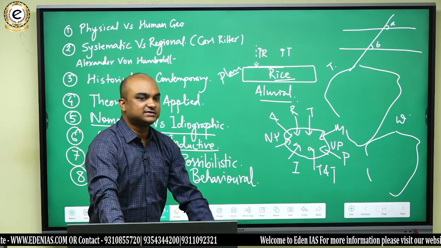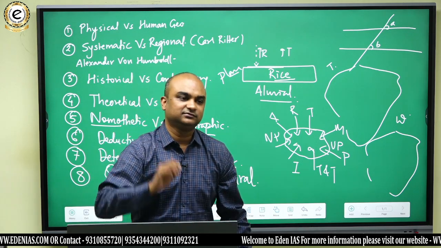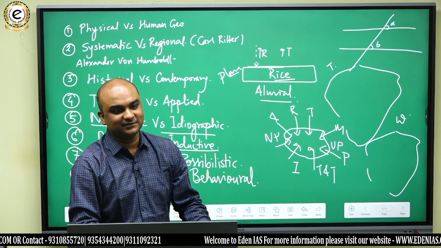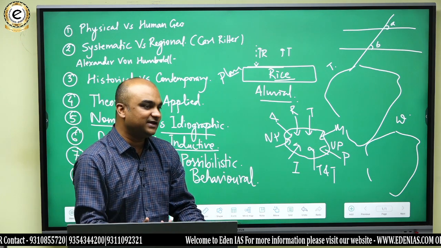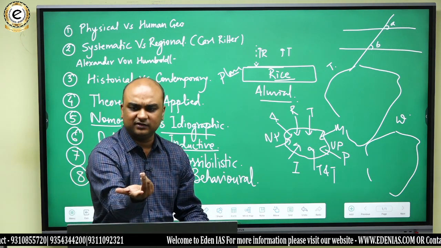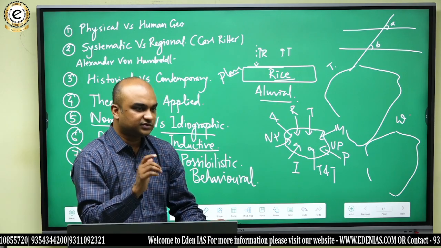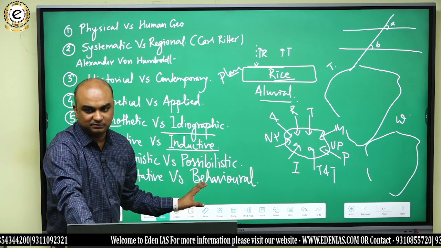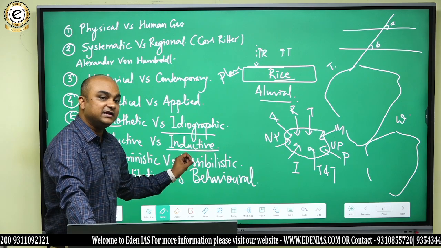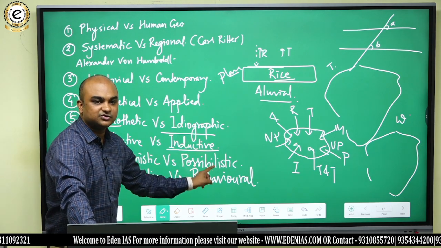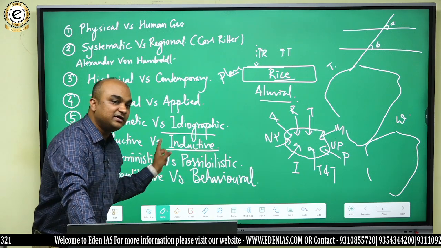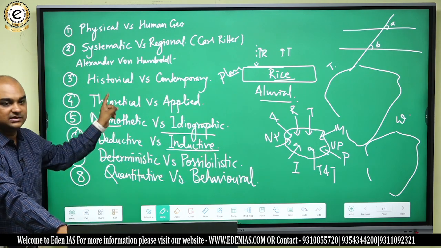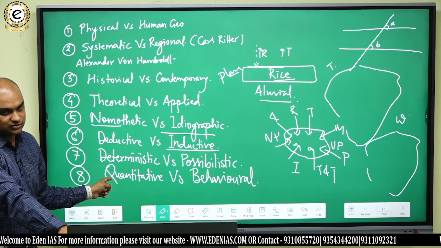quantify it. So, for example, can you quantify compassion? Can you quantify anger? ऐसा बोल सकते हो कि इसको 4 किलो गुस्सा आता है हर दिन? ऐसे तो नहीं बोल सकते ना. You cannot quantify these things because it's part of behavior. Anger is part of behavior. So the behavioral geographers said that geography is that kind of discipline where we cannot have any kind of quantification. Behavioral geography was a counter movement to the quantitative revolution. Do you get that?